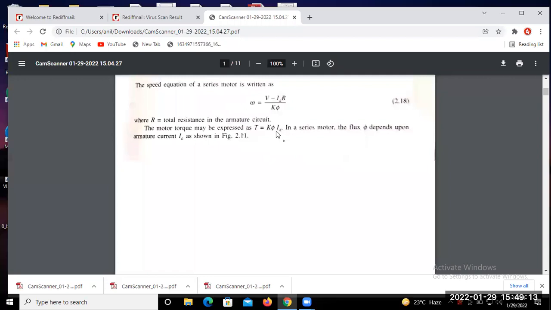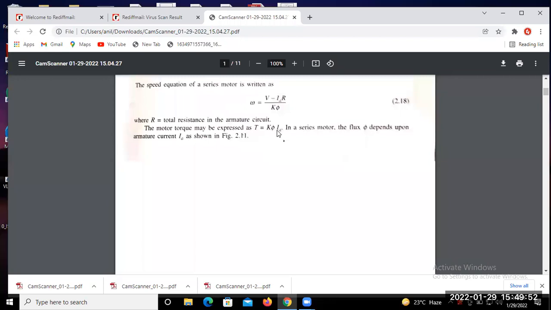But here, since the field winding and armature winding are connected in series, whatever armature current flows, the same current flows in the field winding. चूंकि दोनों रेजिस्टेंस सीरीज में कनेक्टेड एक ही पाथ में हैं तो एक ही करंट फ्लो करेगा। यदि दो रेजिस्टेंस पैरेलल में हैं तो करंट डिफरेंस हो जाता था, जिसमें रेजिस्टेंस कम रहेगा उसमें ज्यादा करंट जाएगा। ये तो बेसिक प्रॉपर्टी है रेजिस्टेंस की।